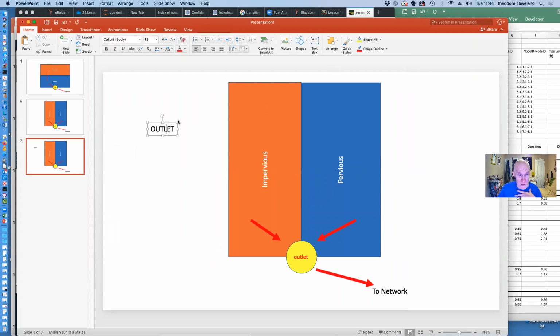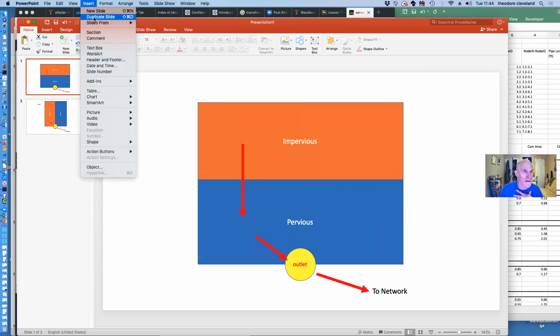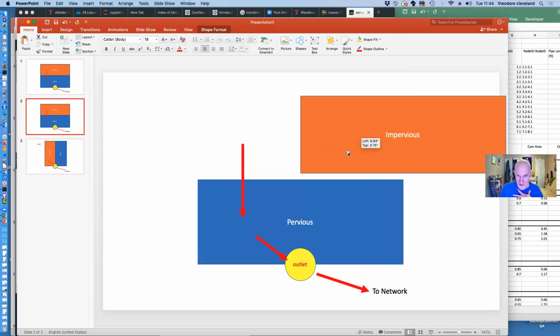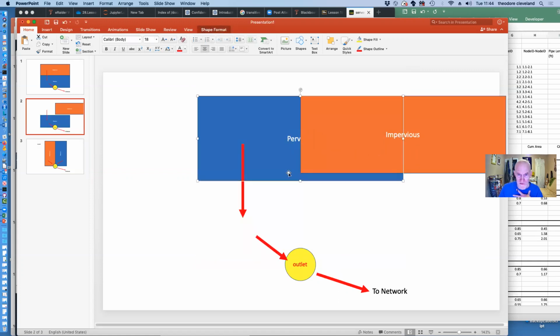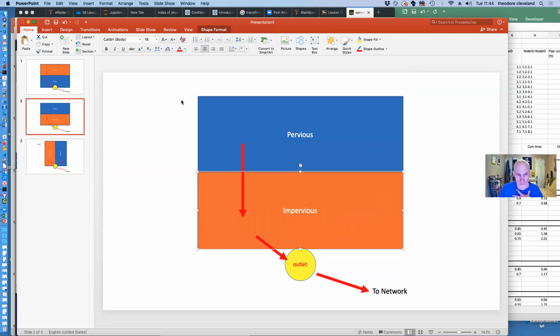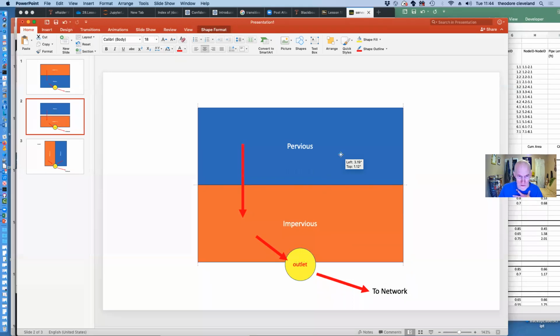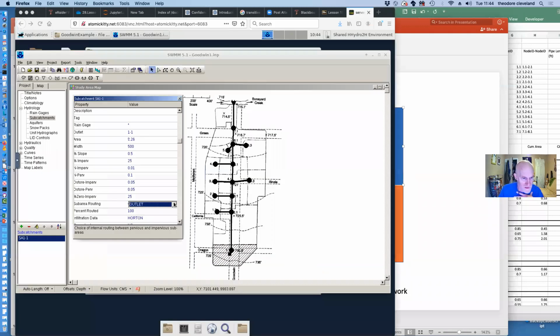This is if we choose outlet, because it takes the pervious portion, computes its runoff, and sends it to the outlet. Takes the impervious portion, computes its runoff, and sends it to the outlet. This drawing gets deleted. This one gets duplicated. The second way it conceptualizes is this one, and this one I believe is called